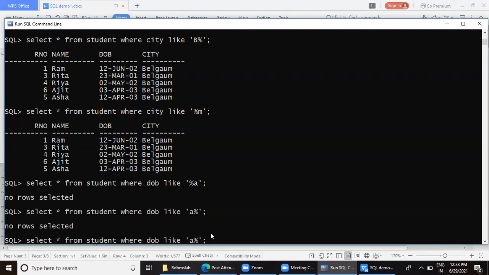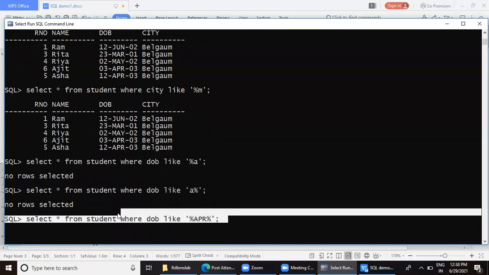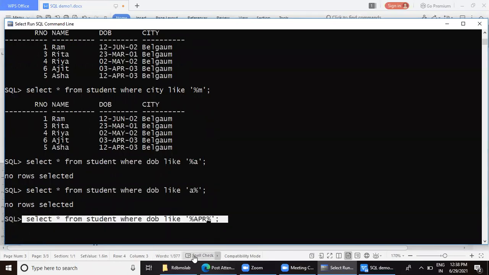We can have any number of characters before, and for months it is better to give uppercase, although lowercase might also work. So what is this query? Percentage APR percentage. It means born in the month of April.